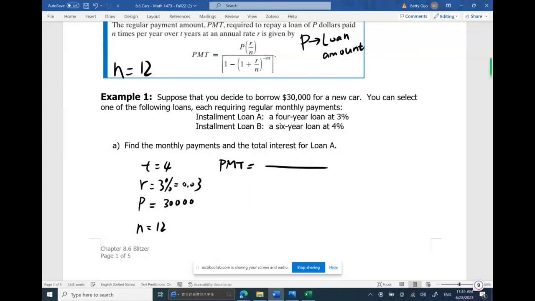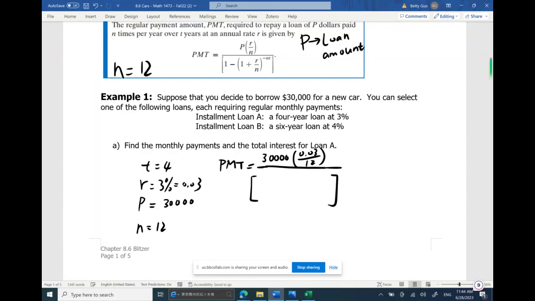It is a pretty complicated formula. It's a quotient, numerator and denominator. P is the loan amount, numerator 30,000, 1, 2, 3, 4, multiplied by monthly interest rate. 0.03 is the annual interest rate, divided by 12 is the monthly interest rate. Denominator is a